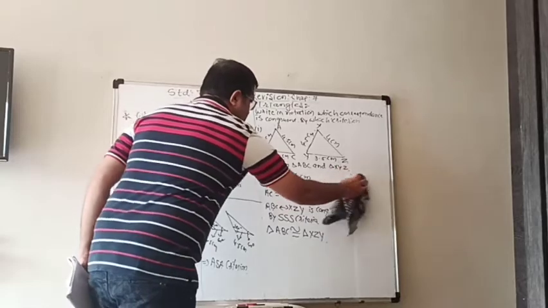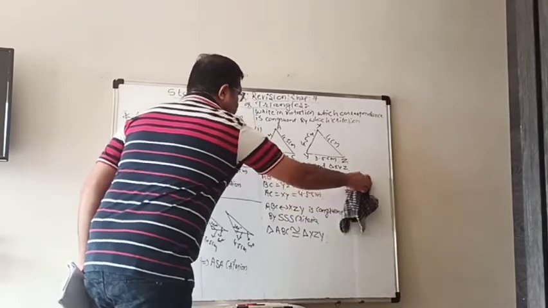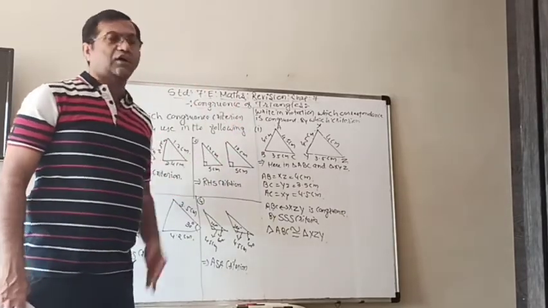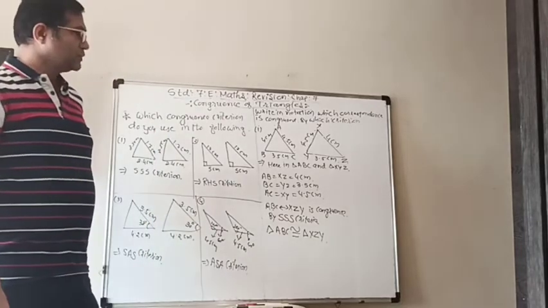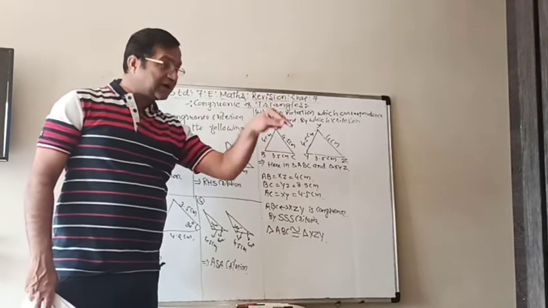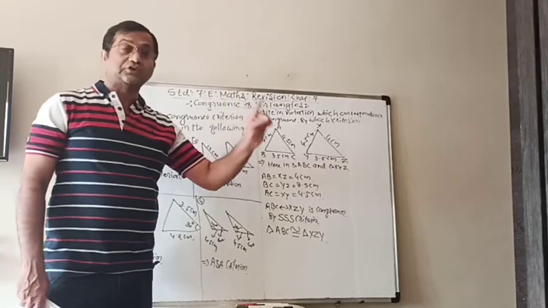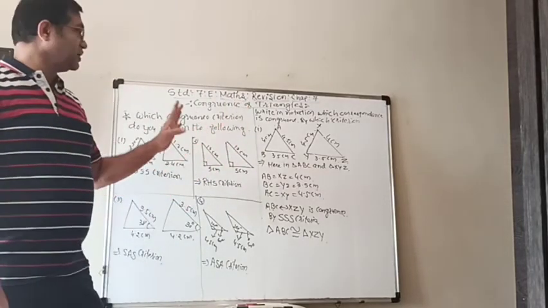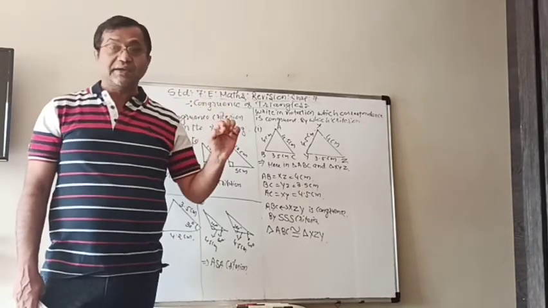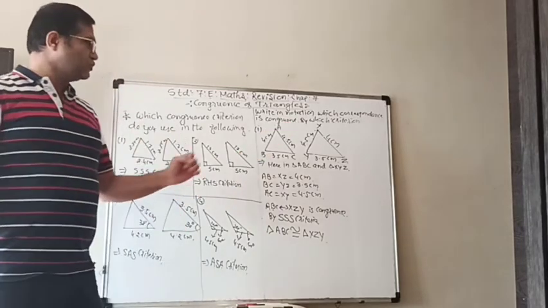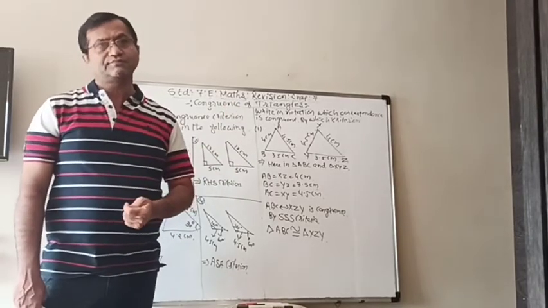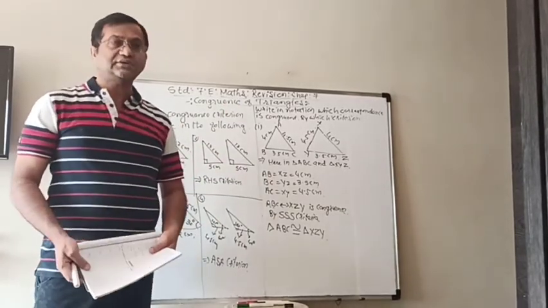Otherwise, in the future you will be in trouble, because in the 9th and 10th and in the future also you will see congruence written everywhere by them. Some students are writing the other way, that is the wrong way. So that is the thing we learned today. As I told you, criteria are the most important things, and then the figure. So here we are going to finish the session with some more examples for your practice in the PDF, and any confusion, write down in the comment section. Thank you very much.